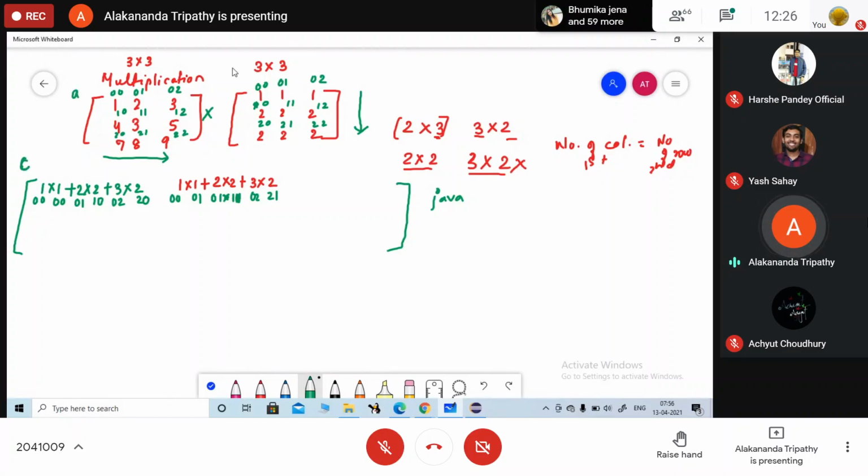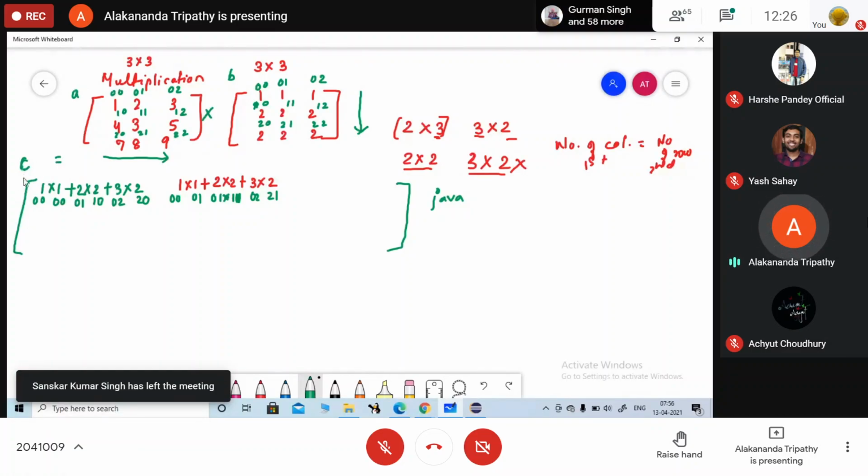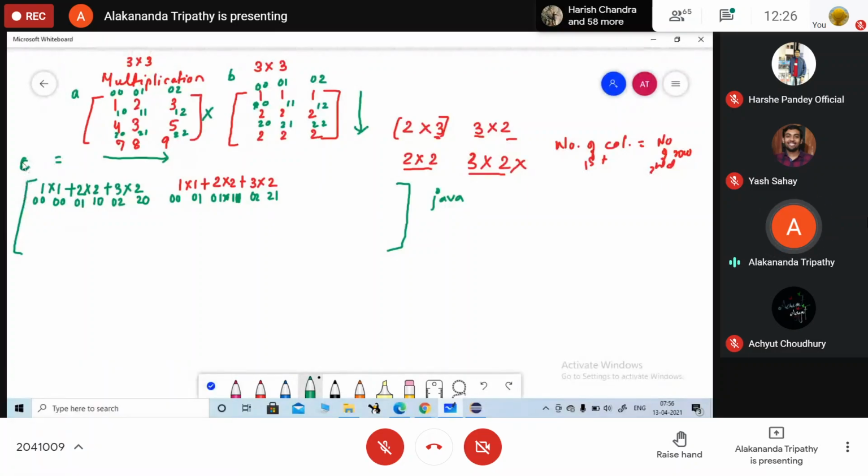Now this is my A matrix. This is my B matrix. Whenever I am going to multiply, I will find the result in the... कहाँ पर स्टोर होगा? C मैट्रिक्स में. So C मैट्रिक्स में तुम लोग क्या कर रहे हो? मल्टीप्लाई कर रहे हो, then add. When you are performing multiplication, then क्या परफॉर्म कर रहे हो?